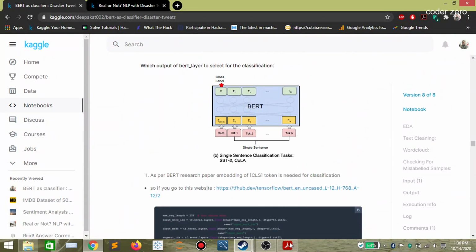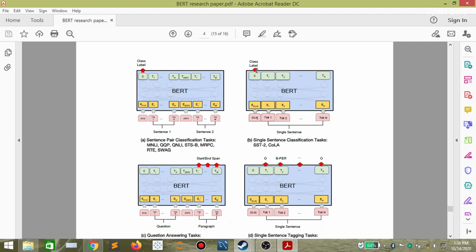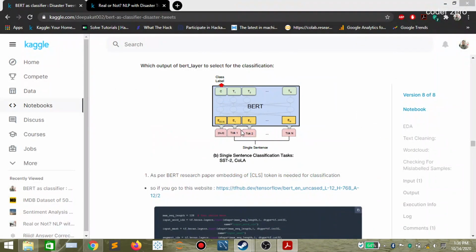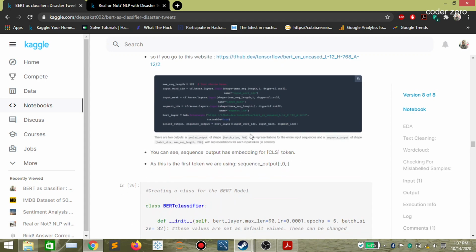So guys, if you go to the research paper of BERT, you can see the embedding of the CLS token is used to determine the class label. So a similar thing we are doing here. This is from the research paper, and if you go to this TensorFlow link, you can see the BERT layer is giving two outputs, that is pooled output and sequence output.